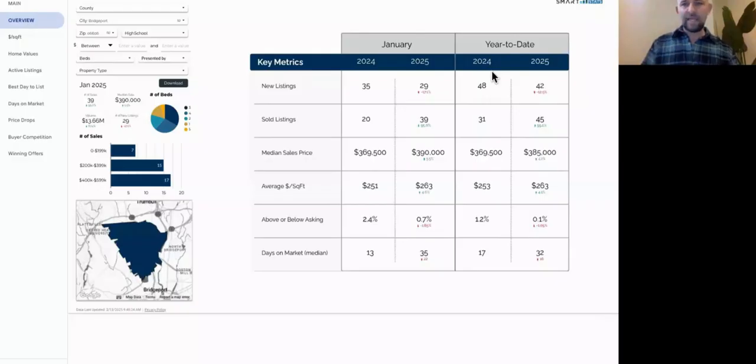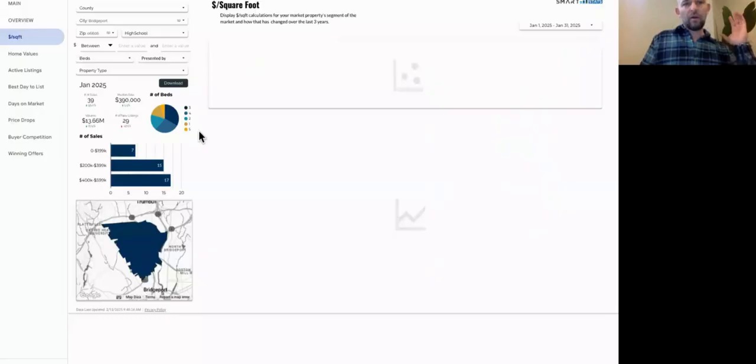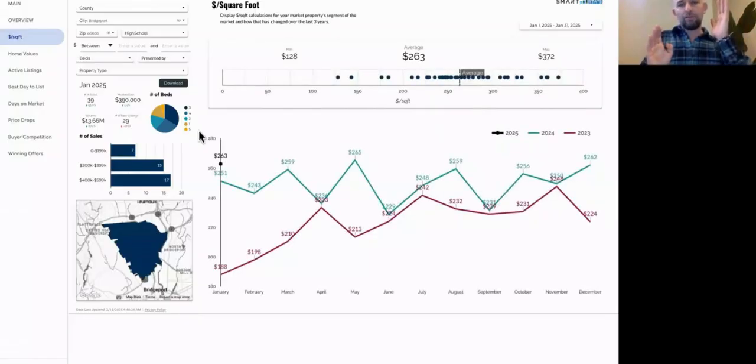And it's literally a 10-second thing where they pick one of these and say, hey, in your area, just so you know, we're seeing a really good increase in prices of 4%. So that's one thing. Sales, believe it or not, are actually up 50% year to date in this area of Bridgeport. But we're seeing listings actually down. So these are just little nuggets of information that are wrapped up in these year to date and month over month numbers.